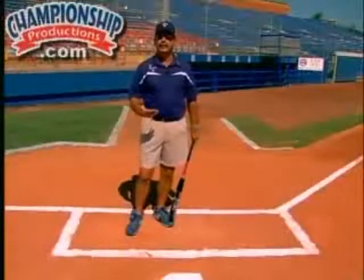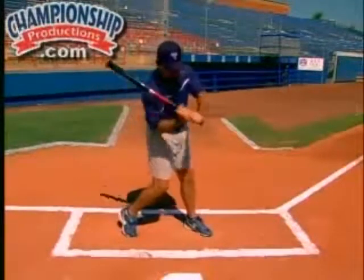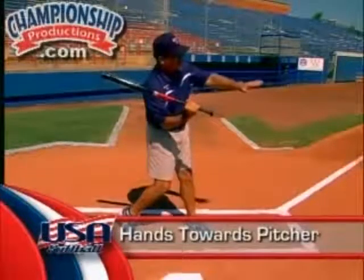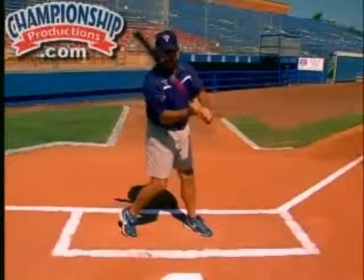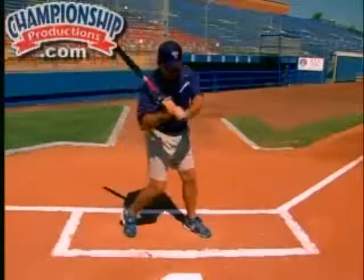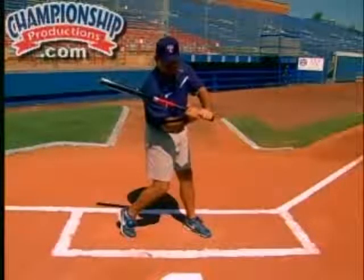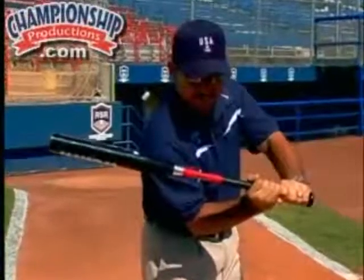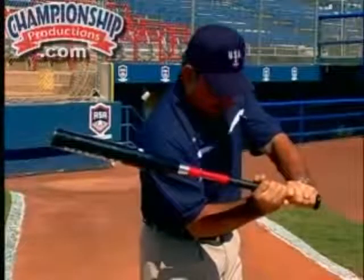The next position that we're going to describe is bat lag. And bat lag is a position that all good hitters get into, and what you're going to see is that the hands are pointed toward the pitcher and the barrel is pointed toward the catcher. Now, a couple of things occur here. Number one, if I am in a proper position, then I know I can generate power. And what I always do is I tell kids and describe to them what it's like to hammer a nail. If you notice right now, my hand